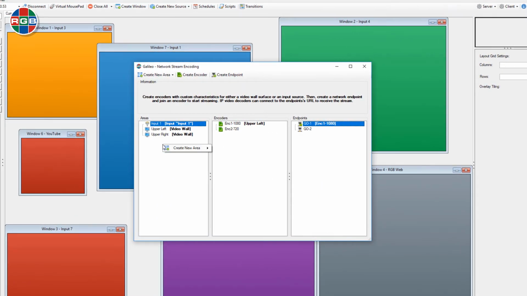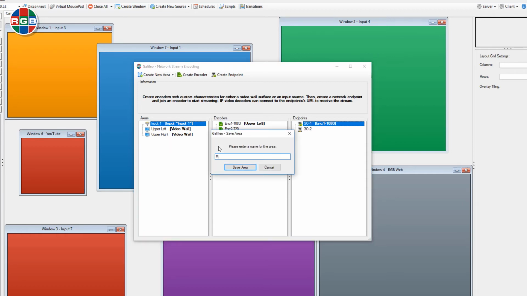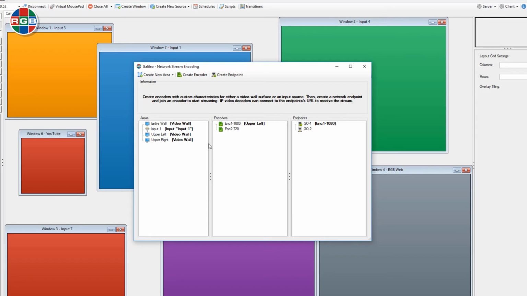Now let's create another area that is the entire video wall and see how we can downsize that or downscale that and send that across our network. So in this case, I have a 2x3 video wall. I'll label it entire video wall. I can drag that area on top of my 720p encoder, and it will take the entire 2x3 video wall,